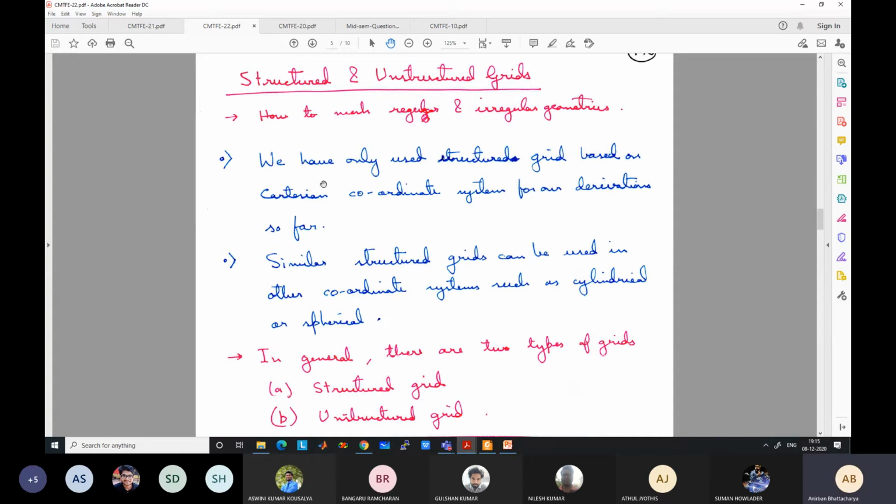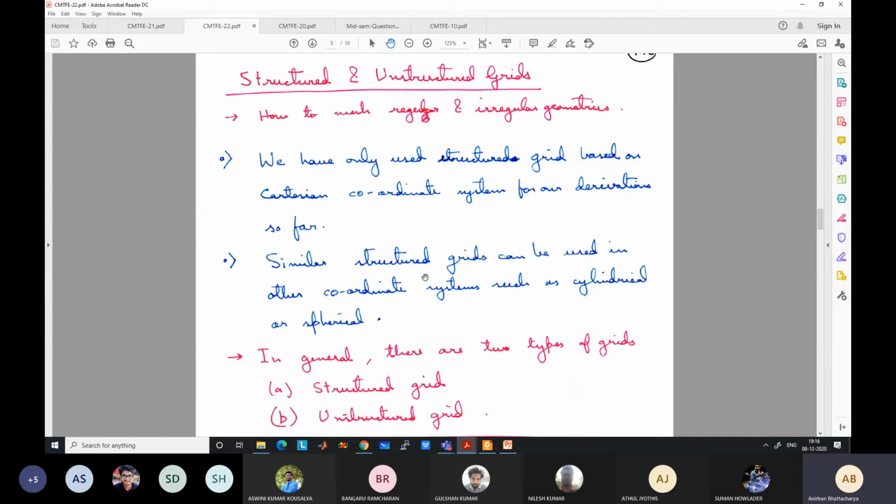Your geometry may be either regular or irregular. What is a regular geometry? Say you have a square domain, rectangular domain, circular domain, cylindrical domain, spherical domain. All these are regular. Regular geometry does not mean it has to be a square or rectangle. It can be circular, cylindrical, spherical. It has a well identified structure. Irregular geometry means it deviates. You cannot fit a rectangle or circle or sphere or cube. It is arbitrary. So obviously most real life problems have irregular geometry.